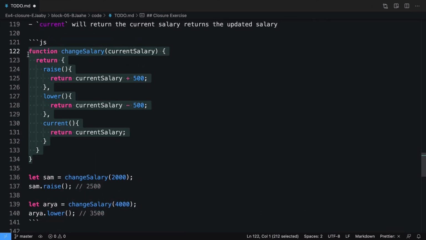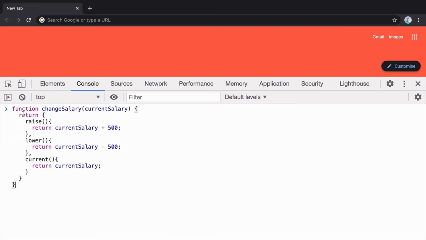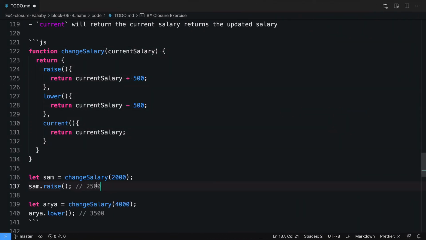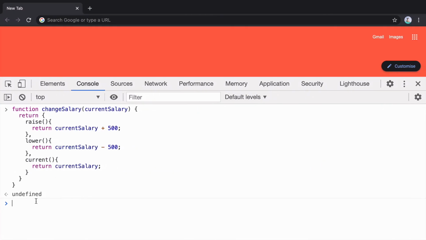So the function is done. We'll paste it here. Now we need to call these two functions here. So we are doing the salary for Sam. And what I want to do is I want to